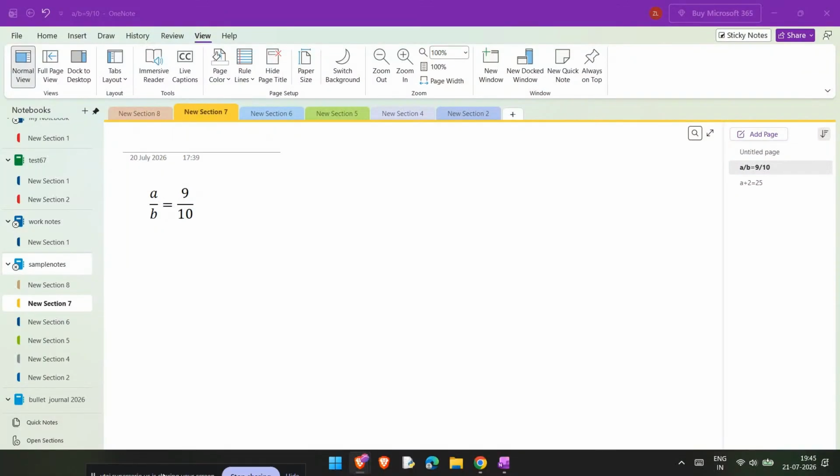In today's video, I'm going to show you how to change OneNote keyboard shortcuts, or more accurately, how to customize the commands on your quick access toolbar so you can access your most used tools with a simple Alt+Number shortcut. This is a great way to speed up your workflow in OneNote, especially if you keep using the same features